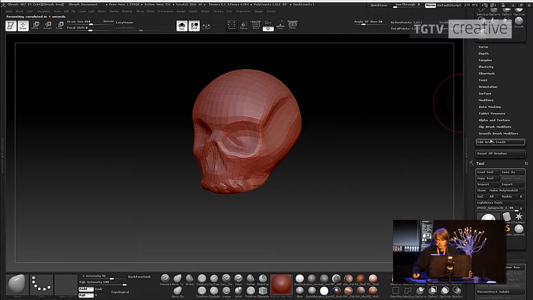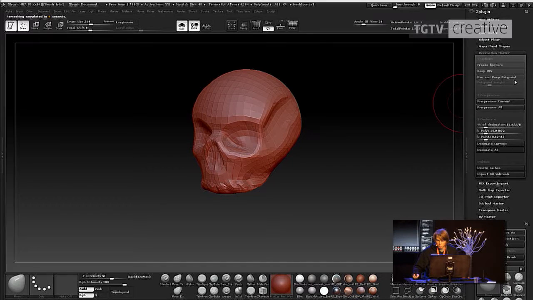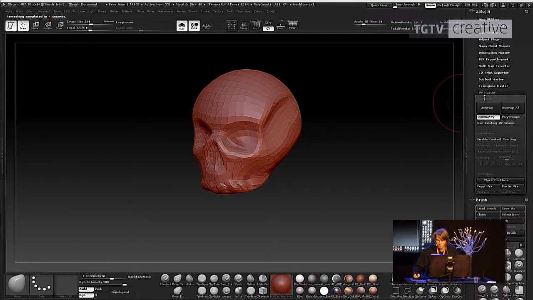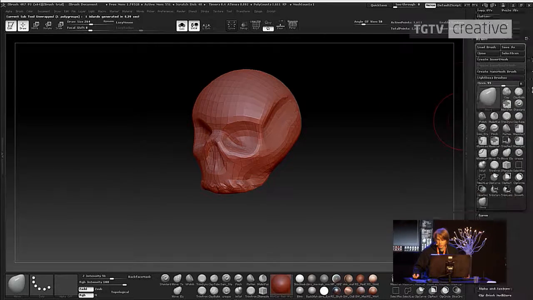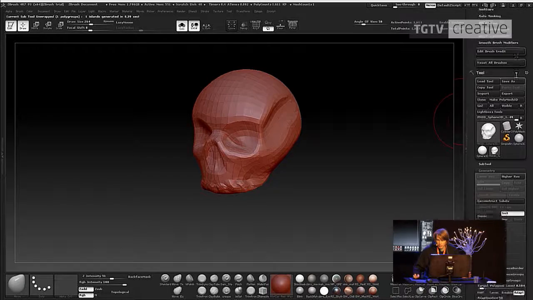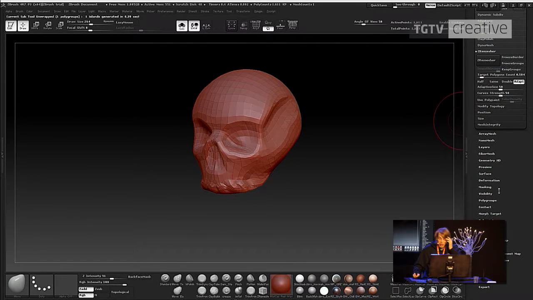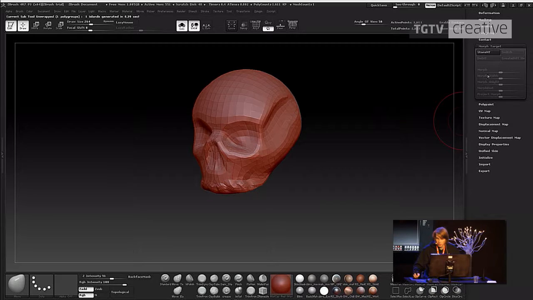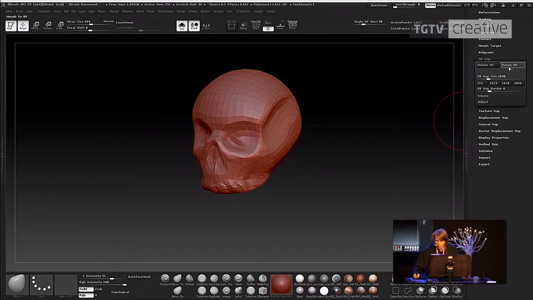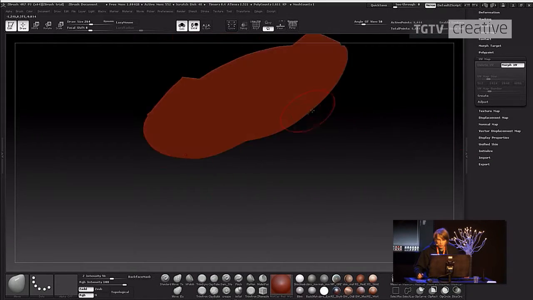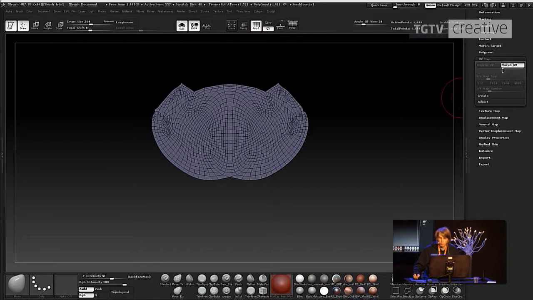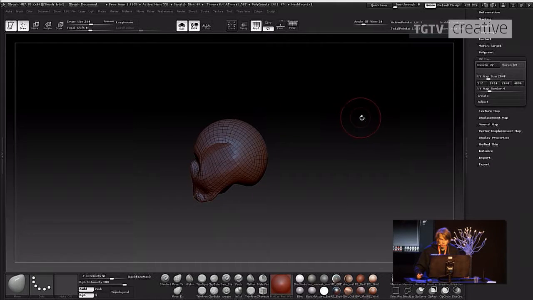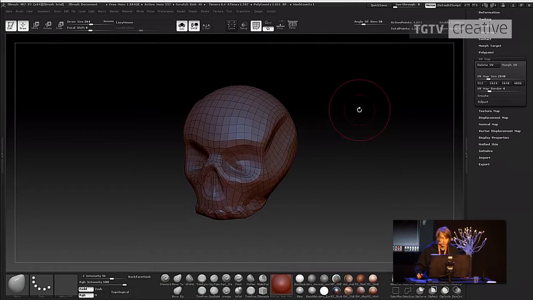But it also needs UVs, so I just go into the UV Master and then just tell it to unwrap, and it will make automatic UVs for you. Again, the seams won't be perfect, but if you use 3D painting like Mudbox or something, then you can just paint out the seams so they won't be noticeable. And this would be good enough, if I subdivide this a few more times,